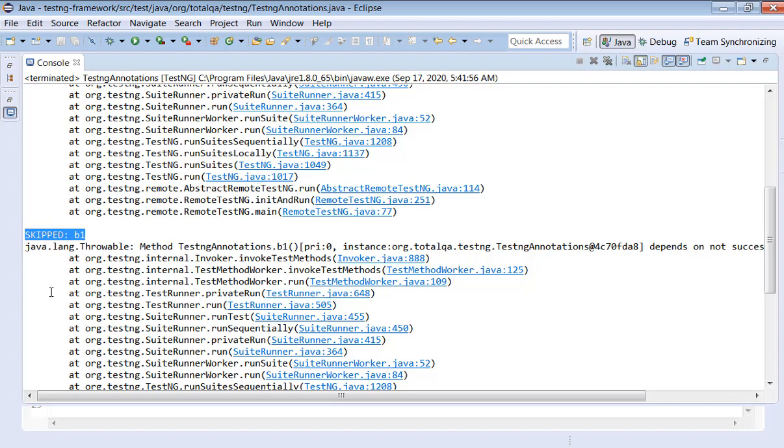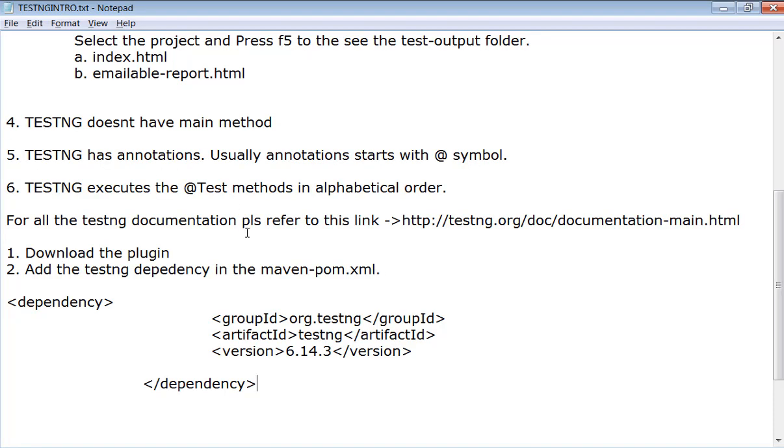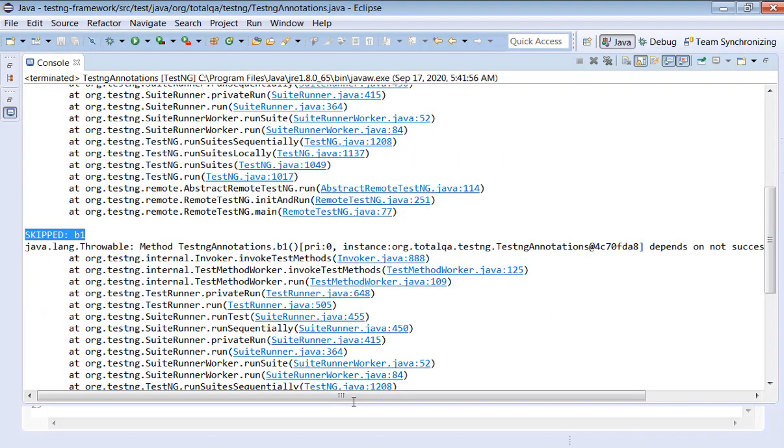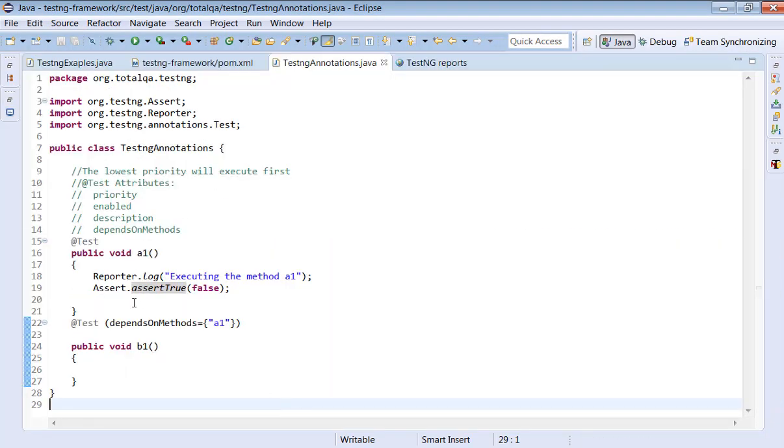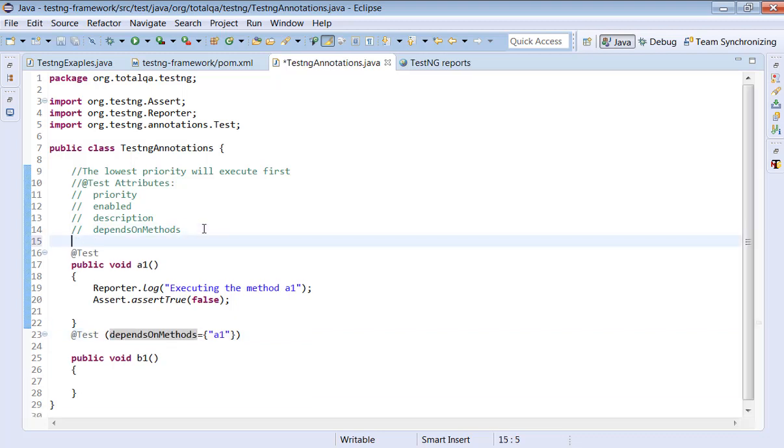So it's very important: when the dependency method is failed, the method which is depending on it will be skipped. dependsOnMethods is one of the attributes, and one point to note is that when the method depended on is failed, the dependent method is marked as skipped.